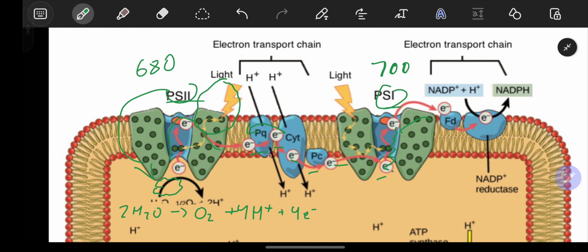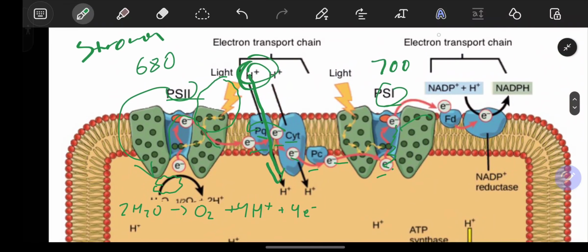time the electrons get passed through the complexes, for example, when it gets passed from PQ to CYT, a hydrogen ion is kicked inside the thylakoid membrane from outside out here. So this white space, think of that as stroma, and then every time an electron is reduced, meaning it's moved along the complexes, a hydrogen plus ion is kicked into the inner thylakoid space. This comes into play later as we want to build up a high concentration of H pluses inside the inner